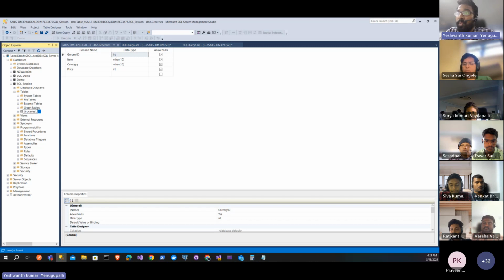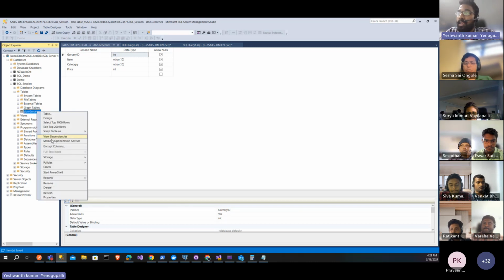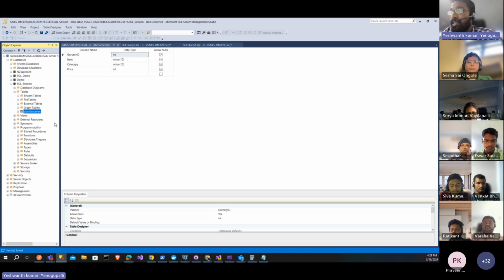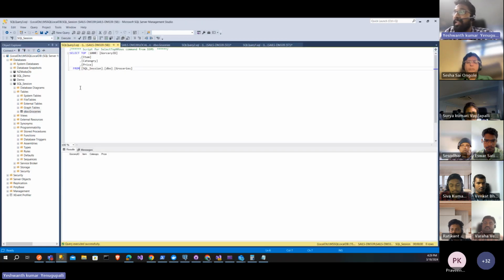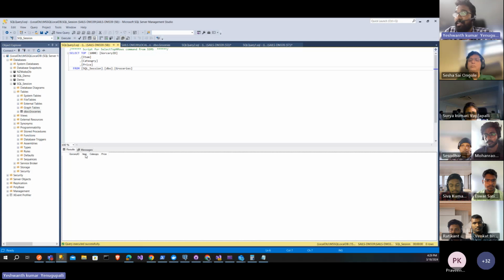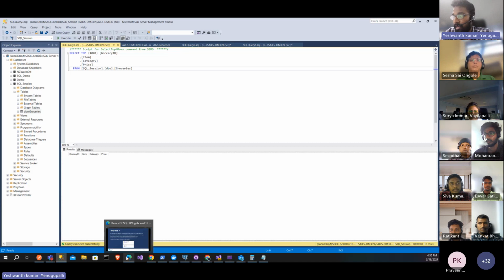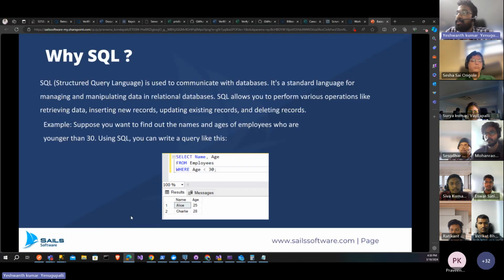If we want to see the data available here, we can select the top 1,000 rows, and we can click on execute and see the data. As we have just now created the table, which does not have any data right now, it is showing an empty table. In the coming session, we are going to add some data here. So coming to the next topic,